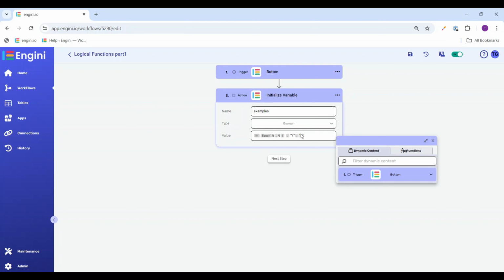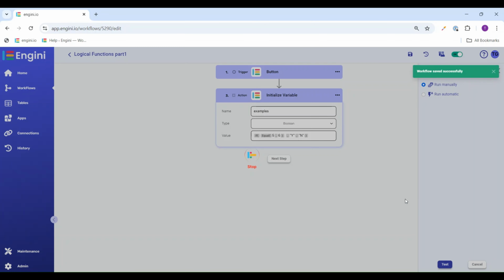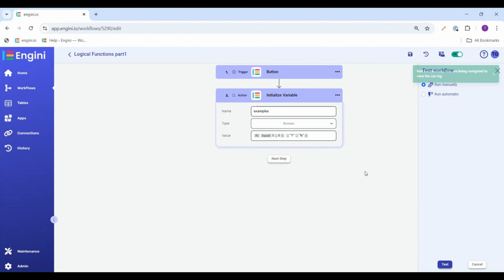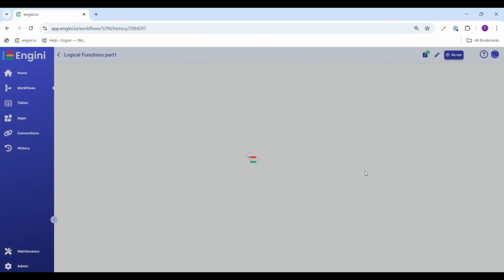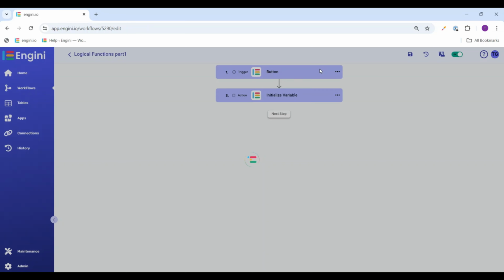Now, I'll insert the required fields in the equals function first, then insert the output I want to receive, and let's see what we get. Click on the Save button, and now we can test it. As you can see, the test is successful, and we got the no answer because 6 is indeed not equal